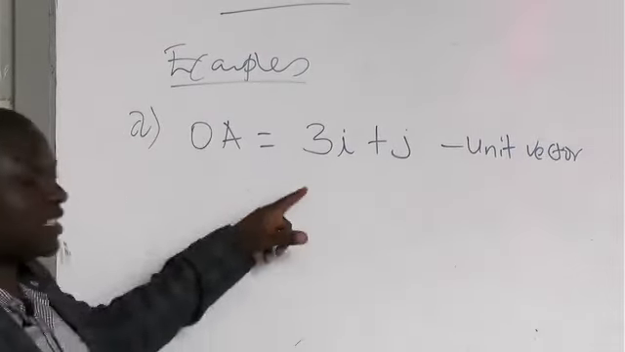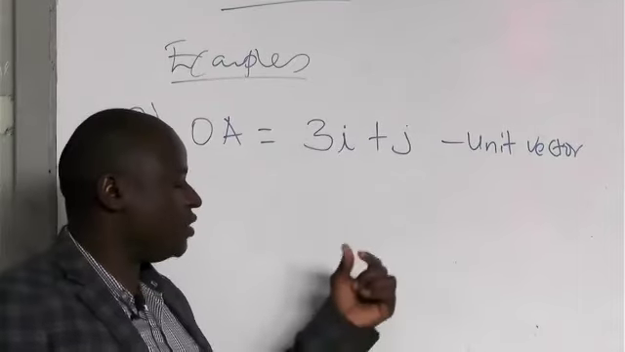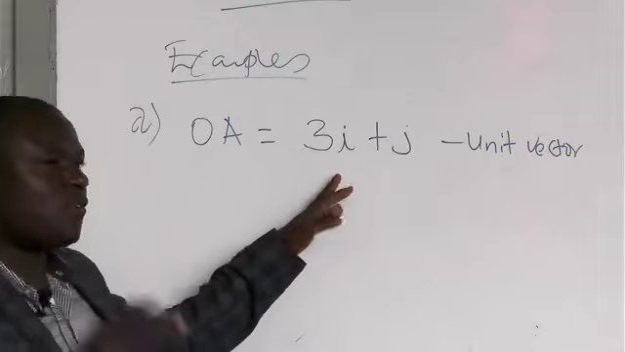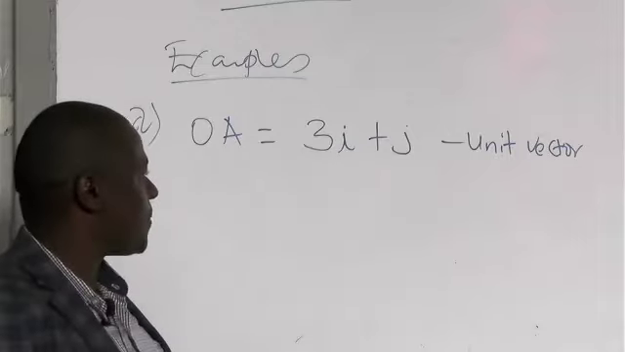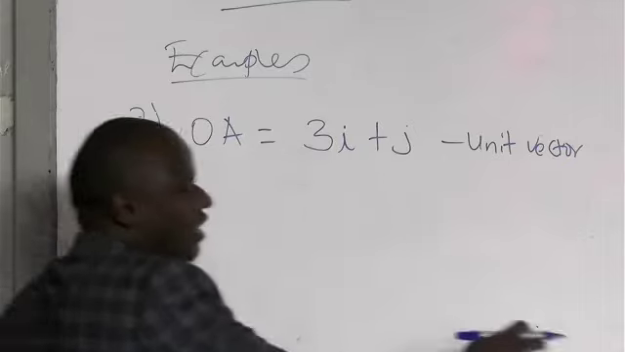It is a unit vector in the sense that it uses the units, the counters, 1, 2, 3. It normally uses i and j in place of x and y. Therefore, this simply means you move 3 steps on the x-axis